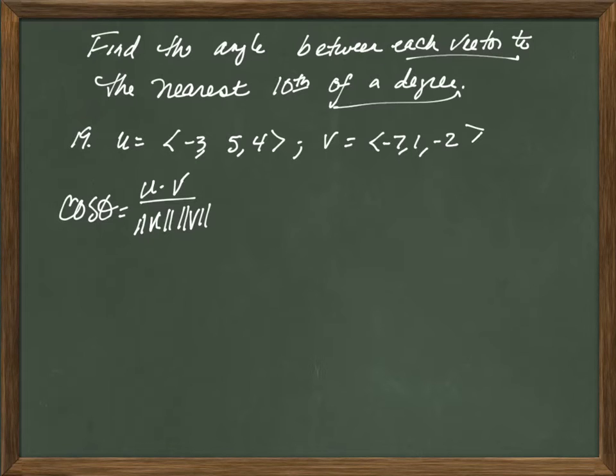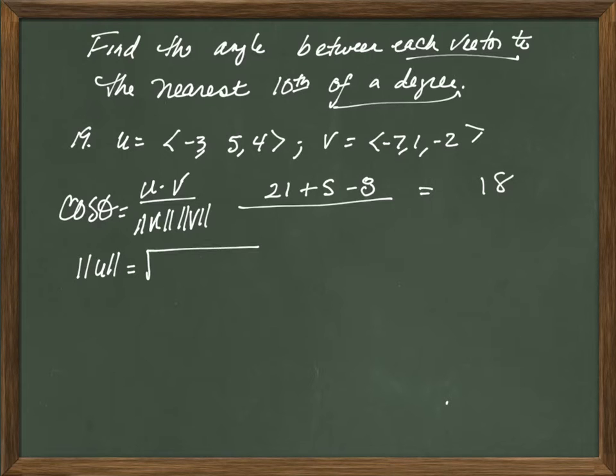Okay, so let's get the dot product first. So the dot product would be 21 plus 5 minus 8. So 26 minus 8, which is 20. So I get, nope, I did something wrong. 21 plus 5 minus 8. So 26 minus 8 is 18, sorry. So that's equal to 18 over